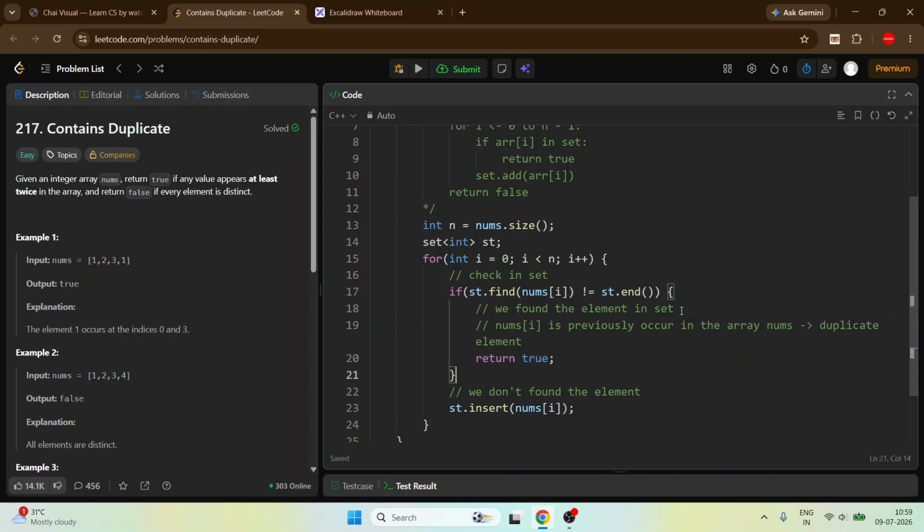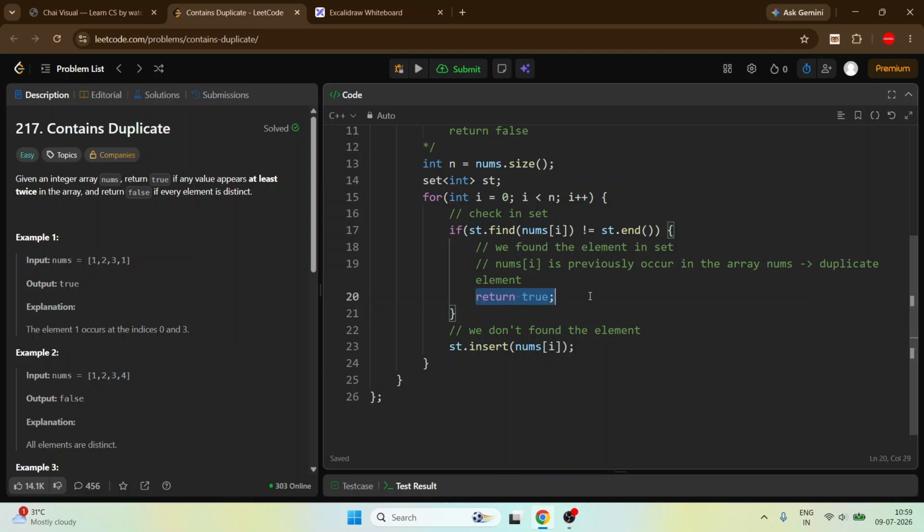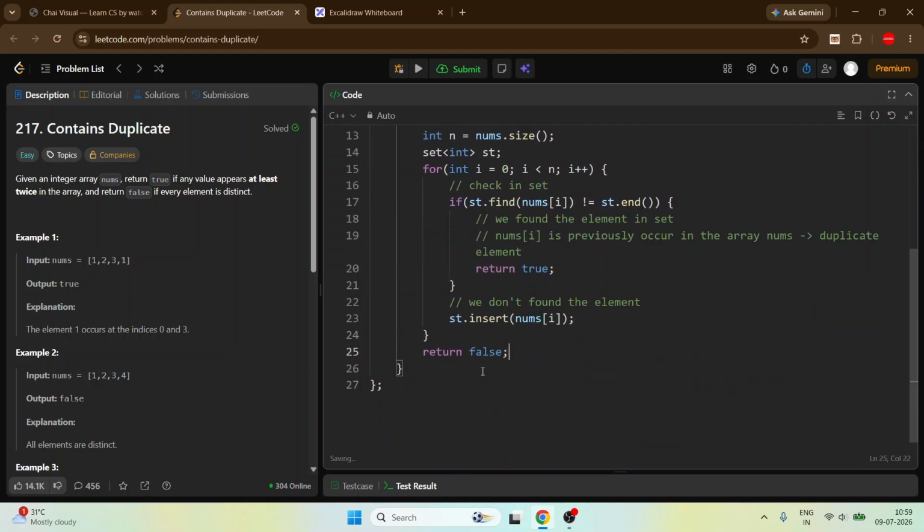That's why we return true here. If we don't find it, just return false.